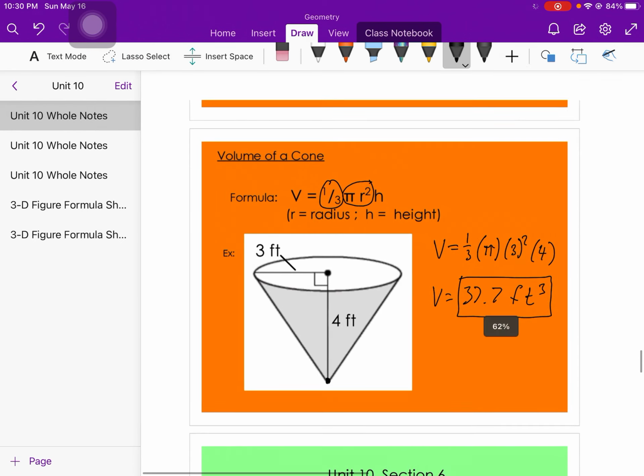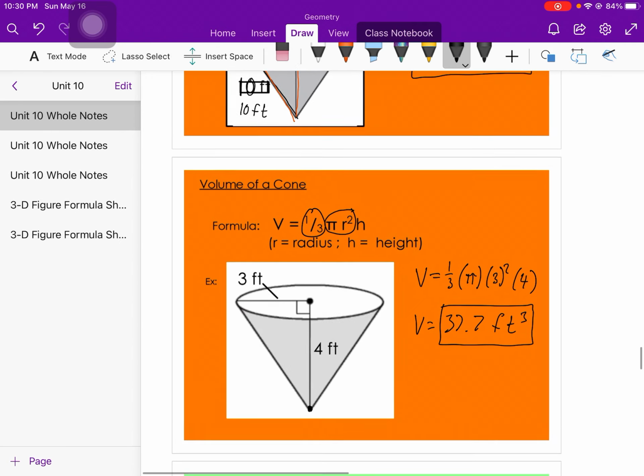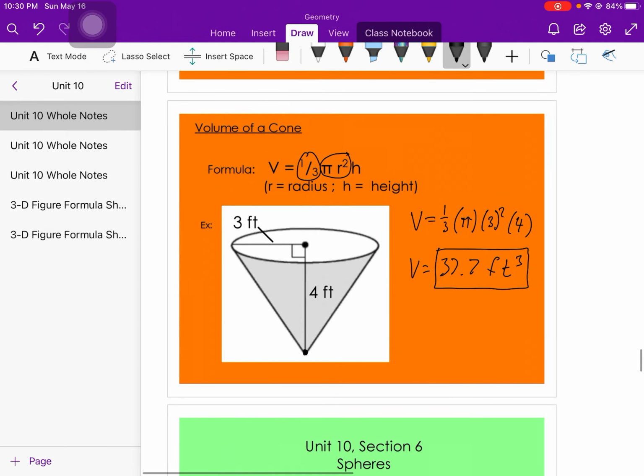All right, so very similar to the pyramid in terms of how the surface area and volume formulas are formed, but the fact that we get to use pi and radius, it just makes it easier, kind of like how the cylinder was a little bit easier than